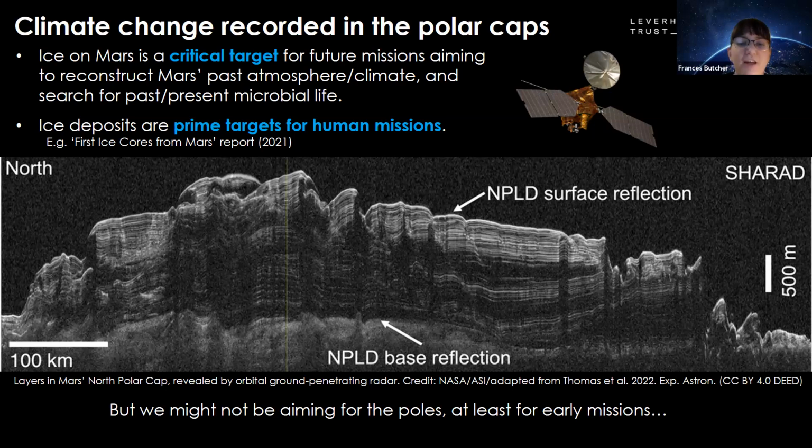And it's this kind of behavior on Mars that means that ice is really a fascinating target for the next generation of missions, because we're really keen to reconstruct global scale climate changes of another planet and how the atmosphere has changed over time, and also search for microbial life. So there's always been this mantra of follow the water if you want to look for life. Well, where better to follow the water to than ice, because ice has potential to turn into water if the